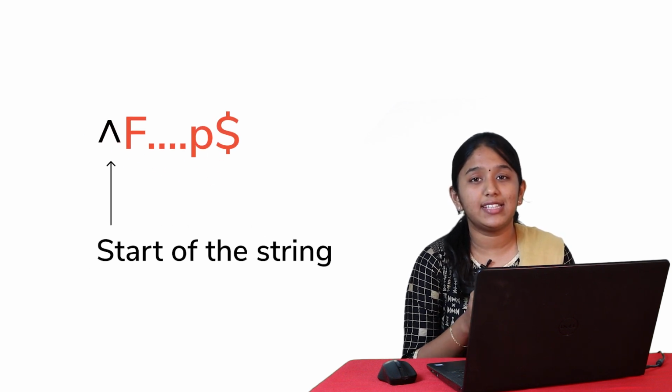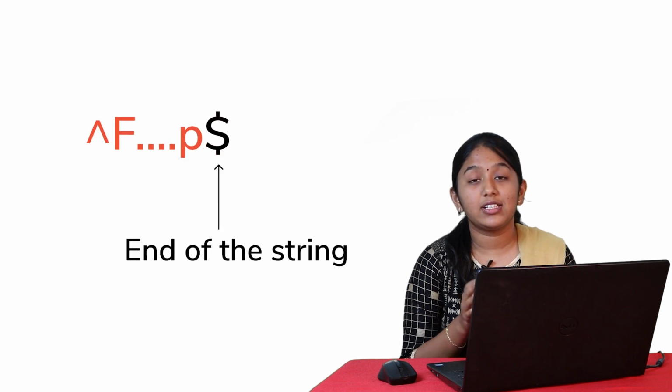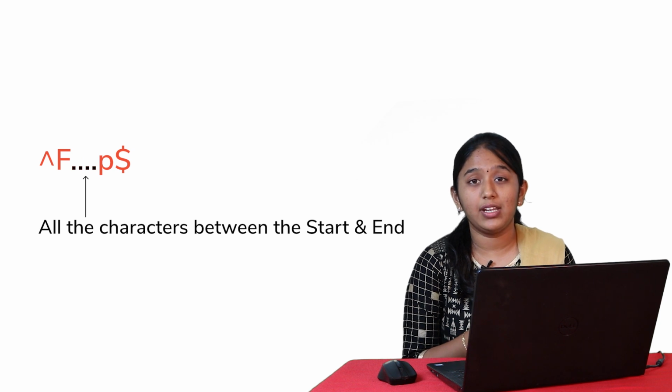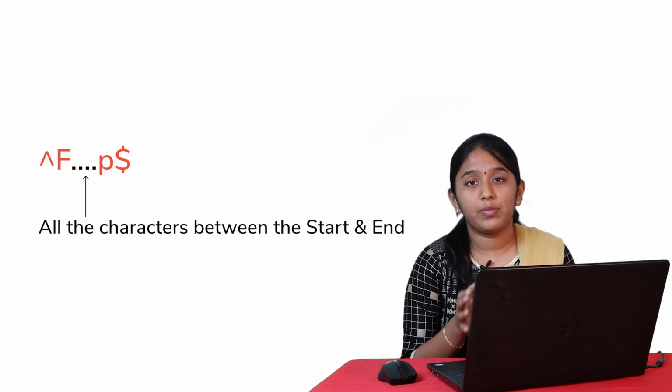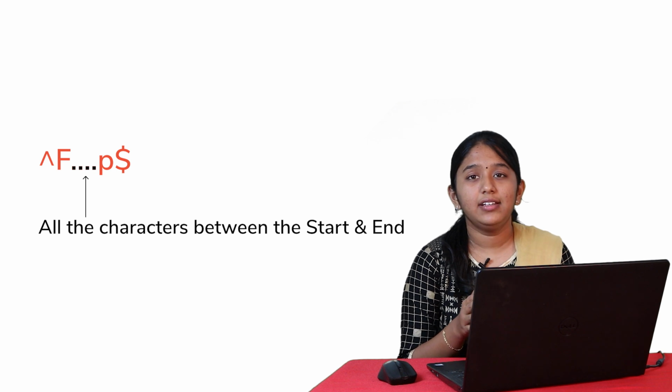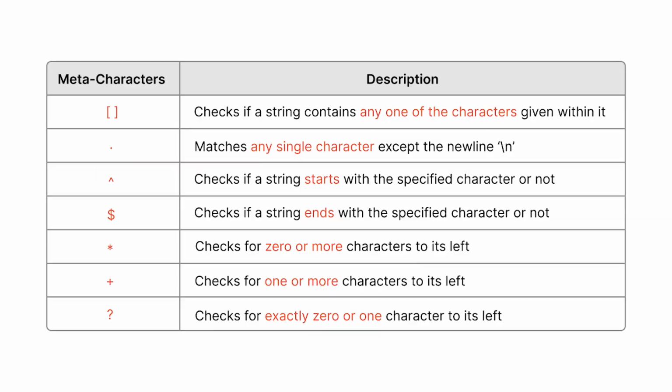Well, these characters are called metacharacters, where the cap symbol denotes the start of the string to be searched, and the dollar symbol denotes the end of the string, and the dots in between denote the characters that must be between the start and the end, and dots exclude new line. And guys, here are some of the most commonly used metacharacters. You can also perform the search manually, but it will take a lot of time. So we can simply build a regex and use it for effective filtering of the data that we require.